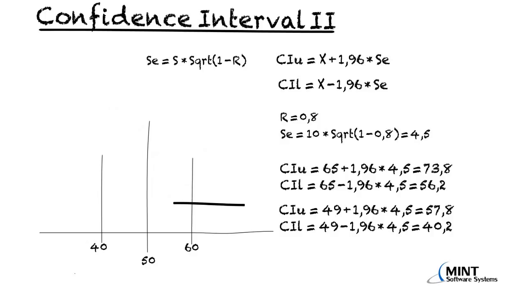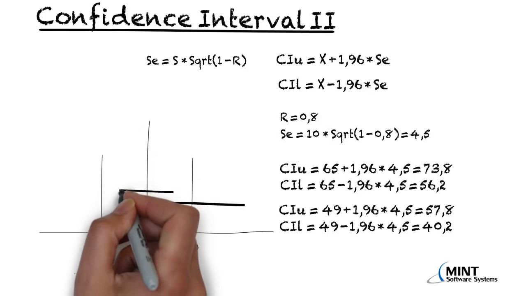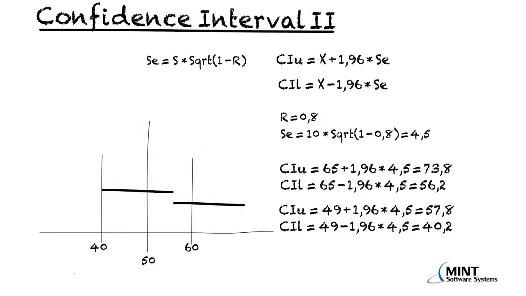That is why we call this average to above average. And for our captain, we have this situation, 40 to 57.8, and this is what we call average performance. So the captain has a performance which is called average, and the first officer has a performance which we call average to above average.